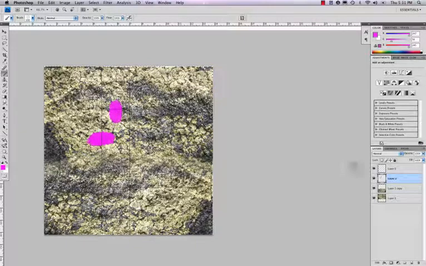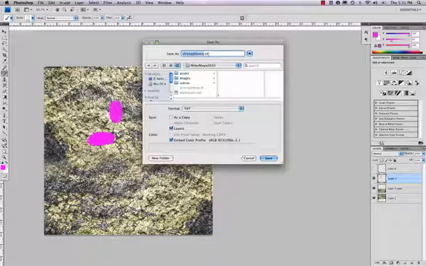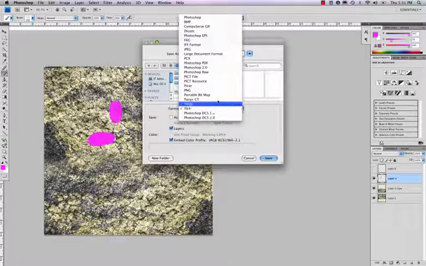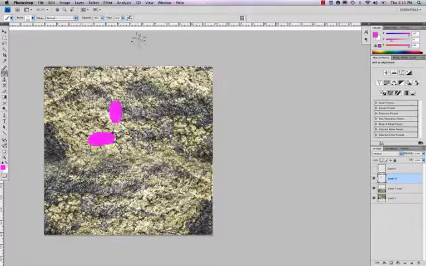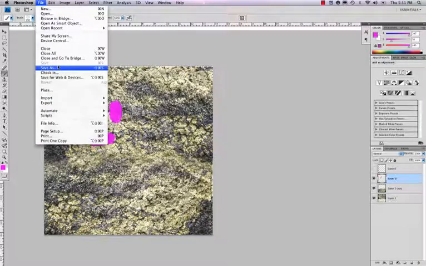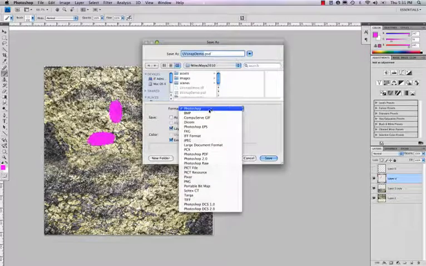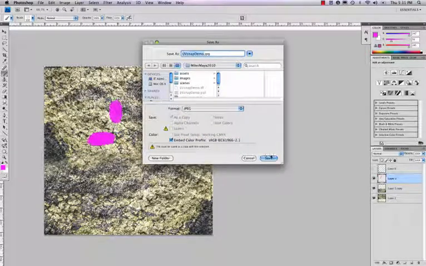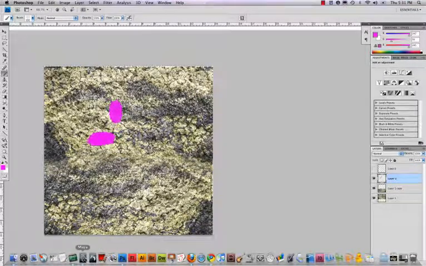Alright, so now we'll turn off your UVs so you don't get those exported. File, well, I'll go ahead and save this as a Photoshop file first. That way I can come back and edit it and turn off those horrible pink marks later. But then File, Save As, we'll save a JPEG version. And okay, go back to Maya,